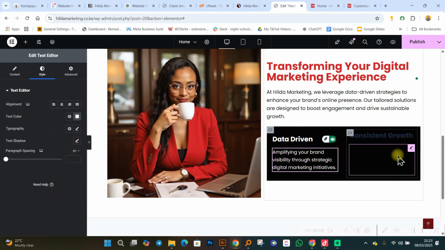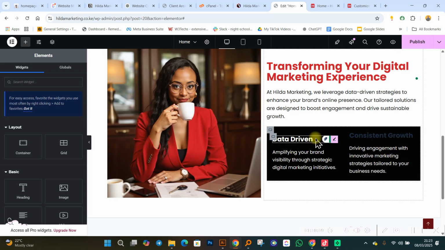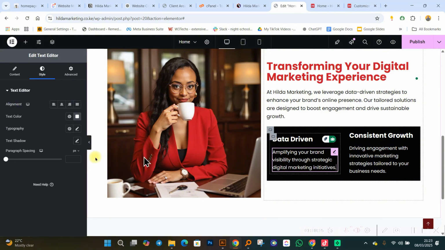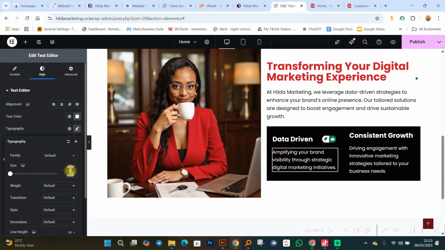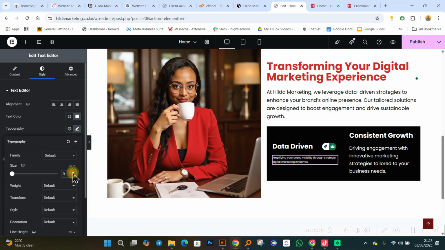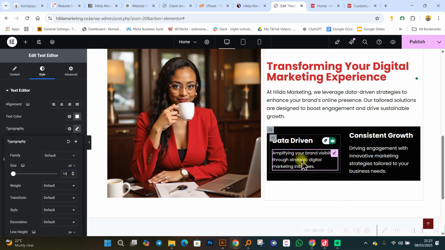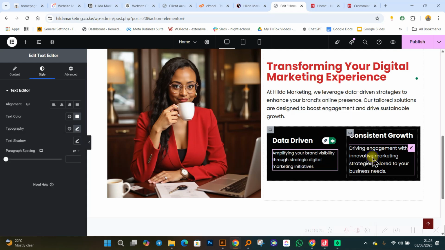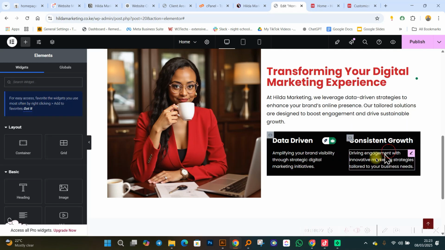And instead of having to do the same to the other part, I can come right click, copy, right click, paste the style, right click, copy, right click, paste the style. Okay? I reduce the font size of this one. Can probably make it like this font size. Now instead of having to do all this again, right click, copy, right click, paste the style. So we have something like that.